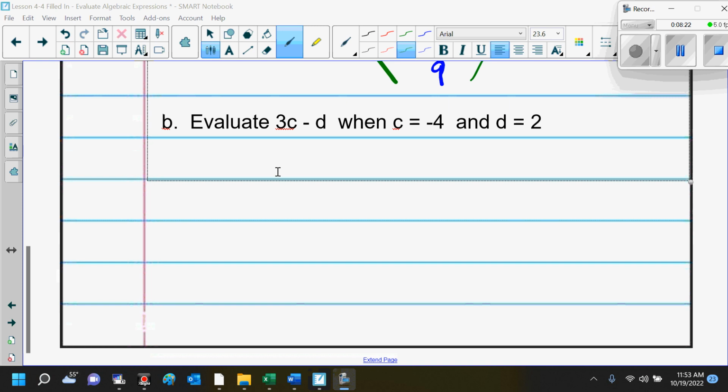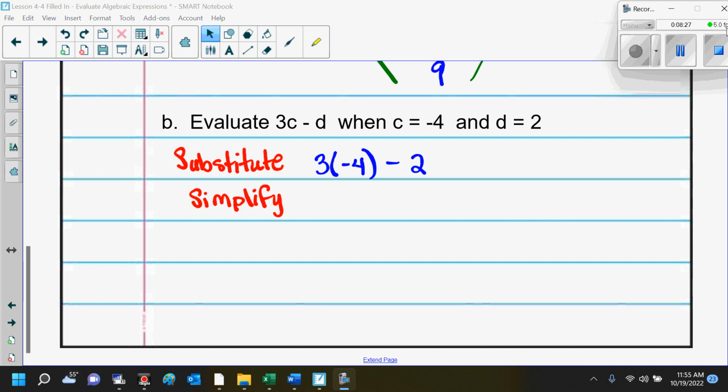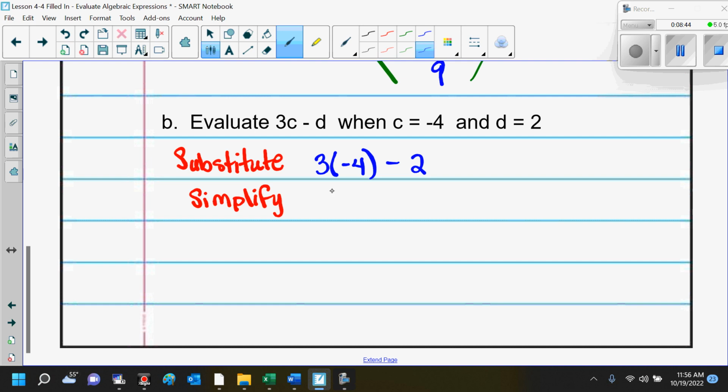All right, so go ahead and take 2 minutes and do example B with your table partners. The first thing you need to do on this problem is substitute, right? Did everybody get their substitution correct? All right, so now we want to simplify. Okay, good. So here, first thing we're going to do is 3 times -4. Positive times a negative is a negative. So we have a